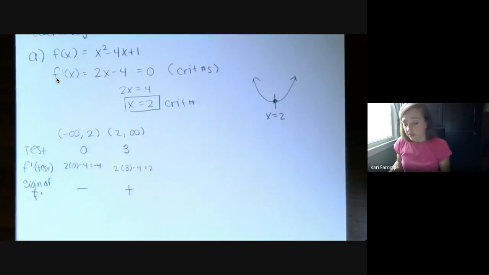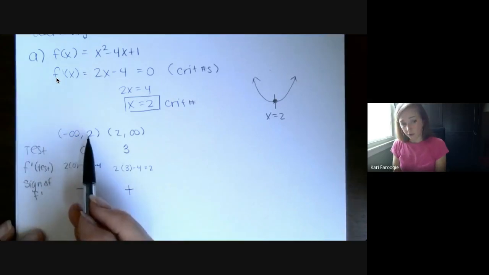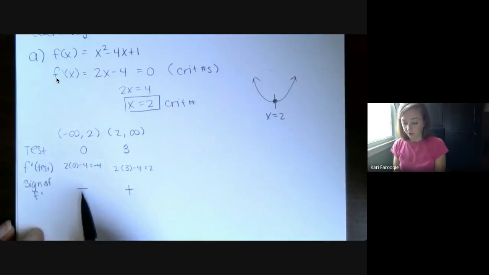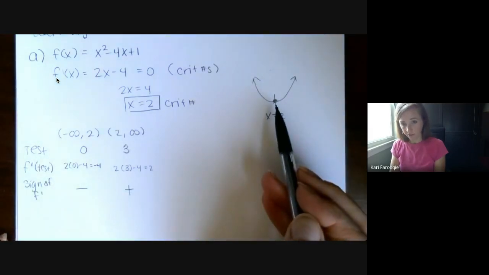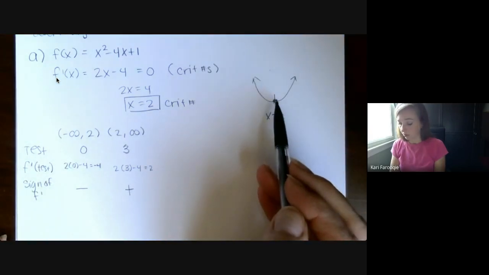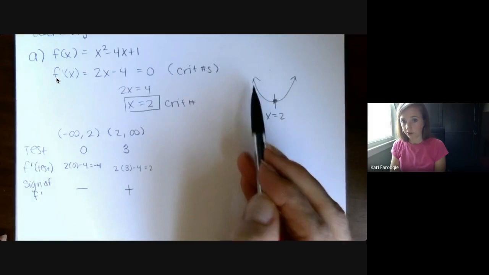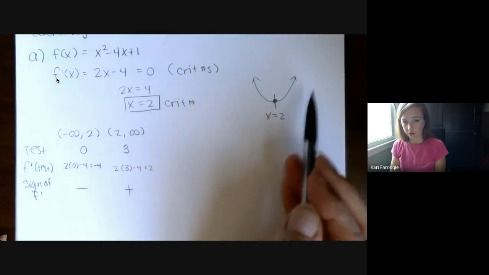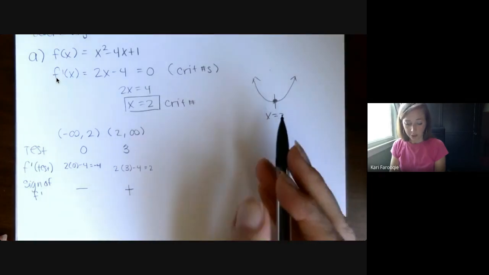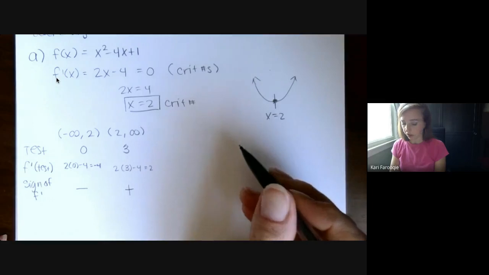What this means is that any value to the left of 2 is going to have a negative derivative. Now, you showed that with a test point, but you're relying here on your critical number. You're just assuming that the only place where you're going to have a max or min is occurring right here at 2. Anywhere else, it's going to have that same behavior on the left and on the right. So your conclusion would be that